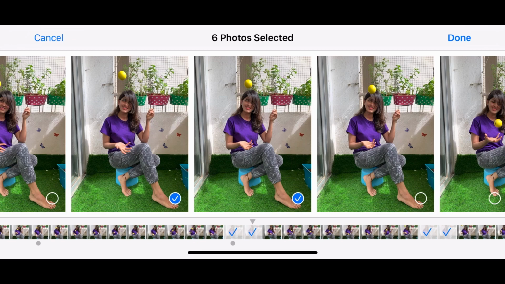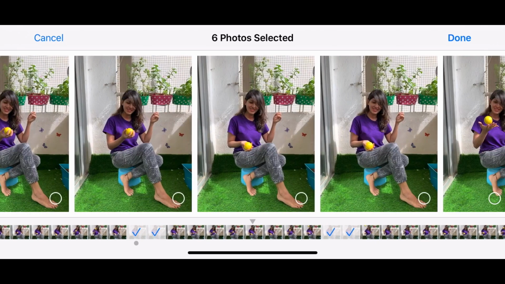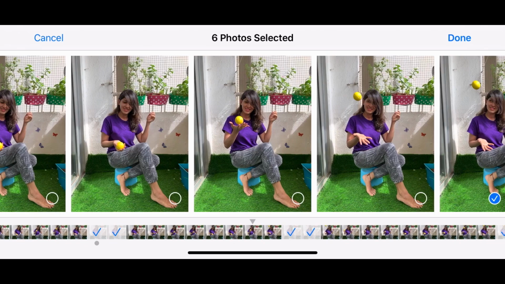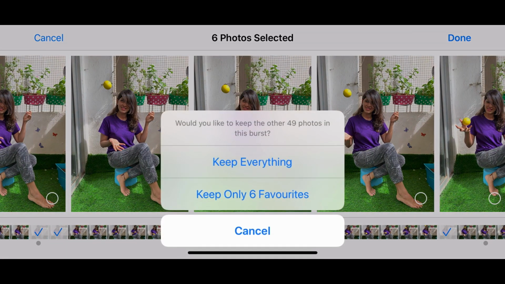Okay, so once you have selected all the pictures that you liked, for now, I have selected 6 pictures out of the 55 burst mode pictures. All that you need to do is click on the done button, and it would give you a permission pop-up asking whether you want to keep all the pictures or only the 6 favorite ones, the ones which you have clicked on.